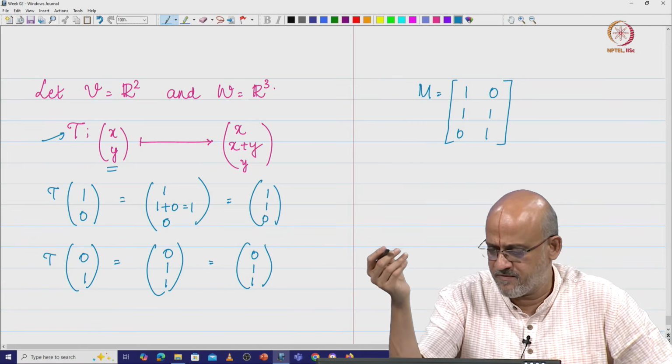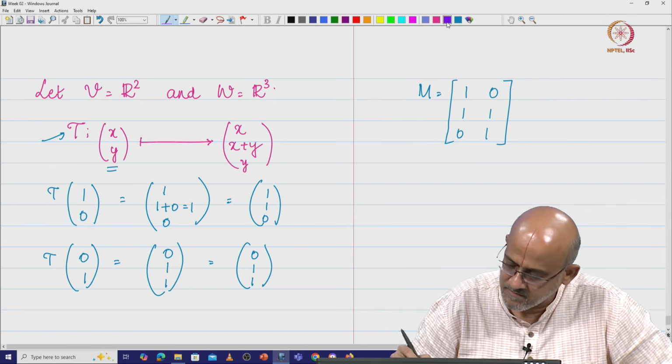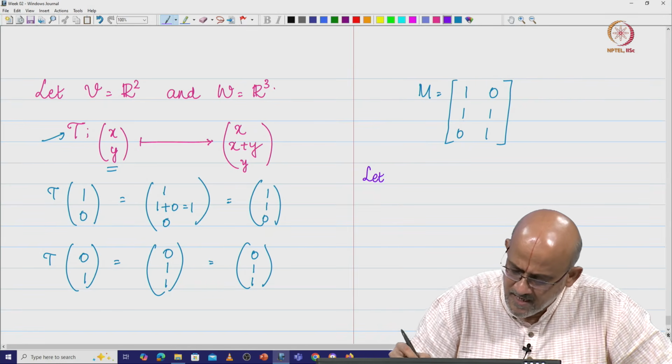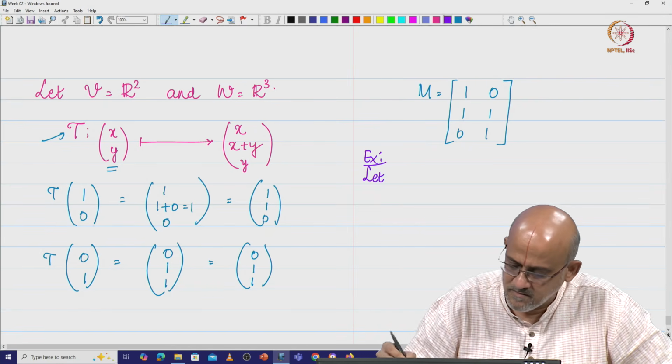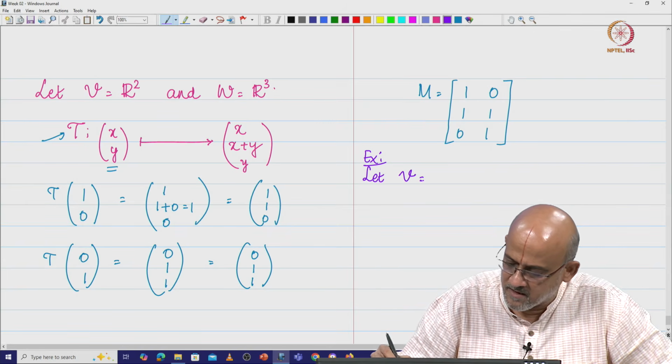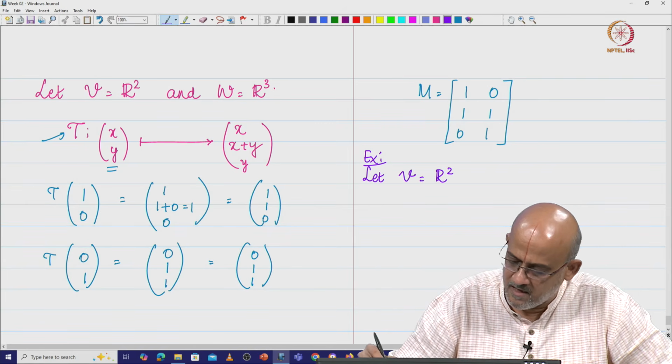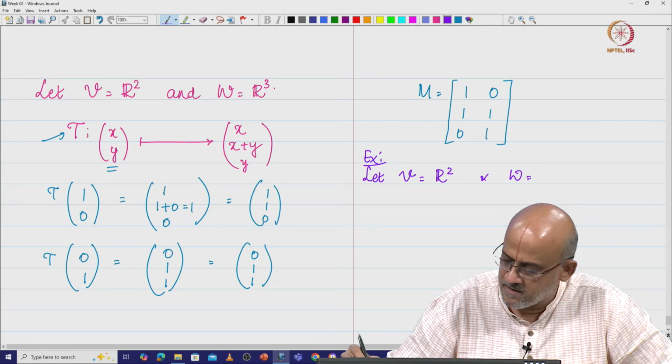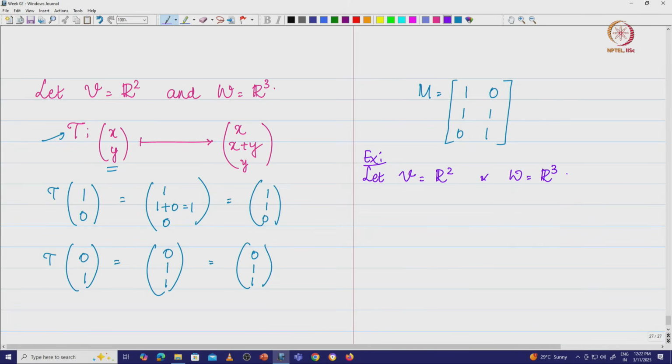Now, can we generalize this further? Let us take another example. Let V be R2 and W be R3 itself. Now, I am going to define the transformation in such a way that it is going to take every vector (x, y) and map it to a vector of this sort, Ax plus By, or let me put it in a different way. I am going to have this, it is going to do this: